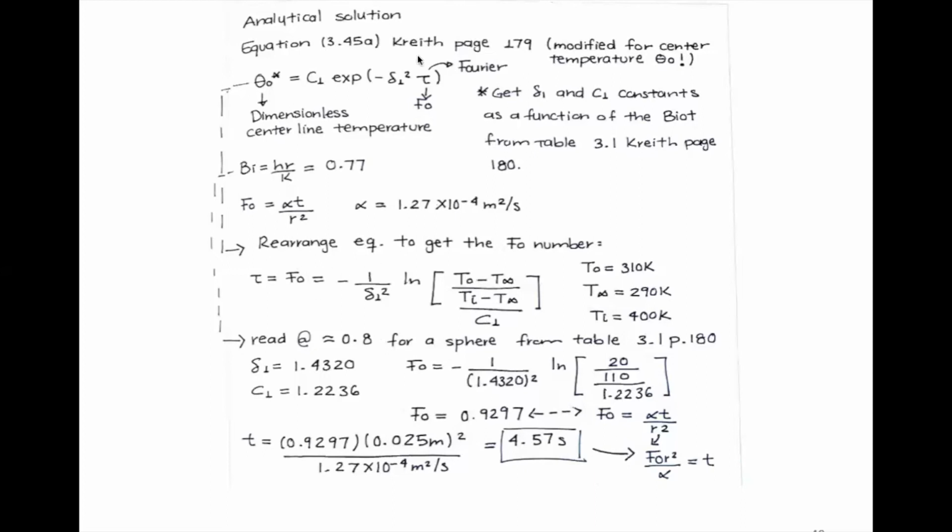So I just rearrange this equation. Again, tau is the Fourier number, to get the Fourier number out of this equation, right? But what is missing here? I know the temperature, right? Well, I need to know these constants, sigma and C1. I put again here all the temperatures ready for you so you don't mix up the temperatures. So in order to get C1 and sigma, I need the Biot number that we already have, it is 0.77. So we go to the table and read more or less at 0.8 sigma and C1 for a